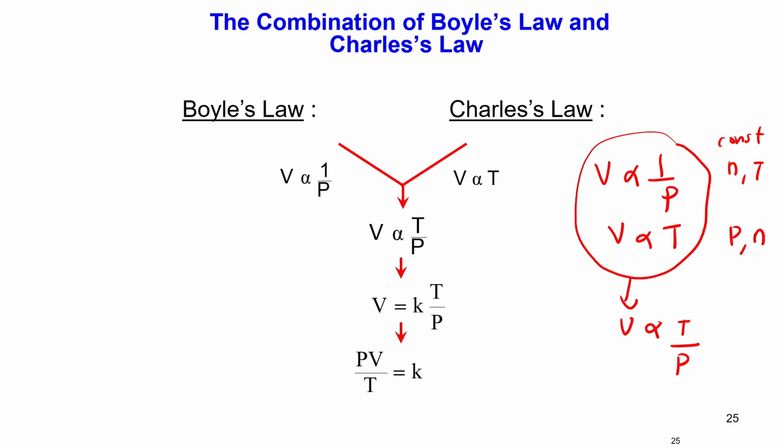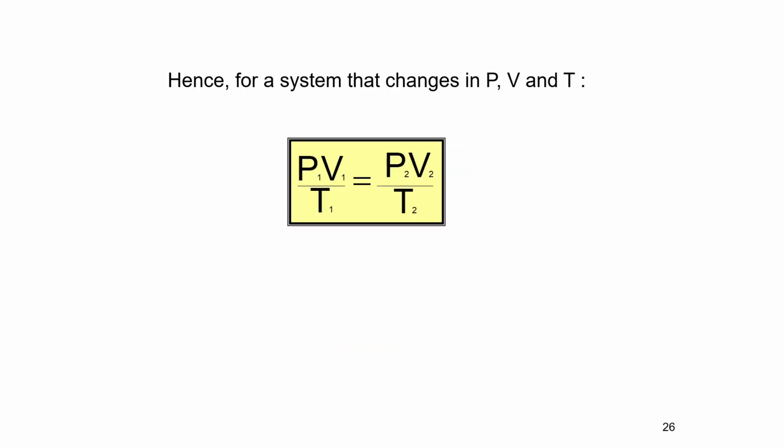So, to remove the proportionality, we multiply by a constant. Okay, we take the constant as K. So, V equals K T over P. We rearrange, and we will get PV equals K T. Okay, PV over T equals K. So, this combination we know as the combined gas law for constant mole,